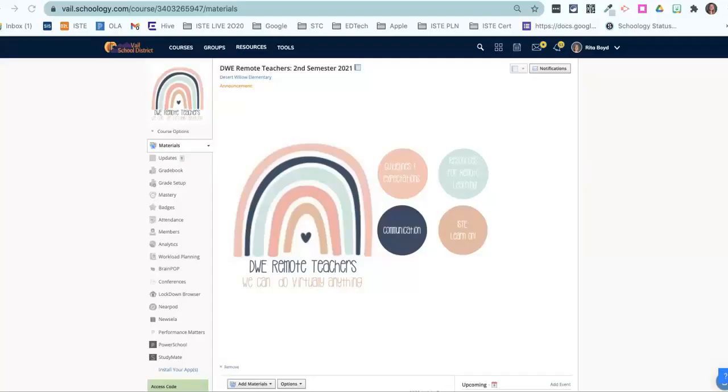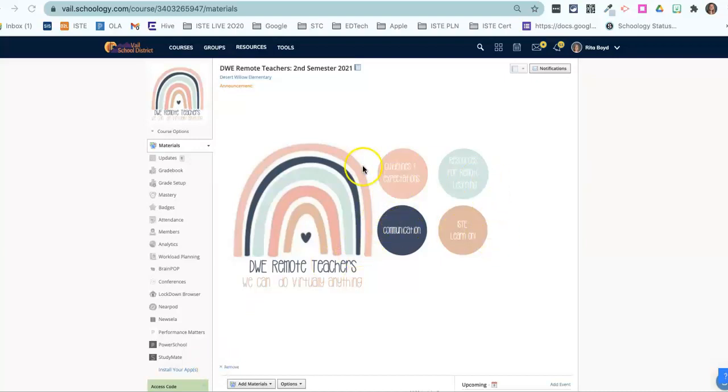Everyone, I wanted to show you a fun, personal way to make your Schoology page look a little bit more modern, more like a website, and more visual for your learners, etc. So here we have a very simple design that I made for the remote learning course, but there are 4